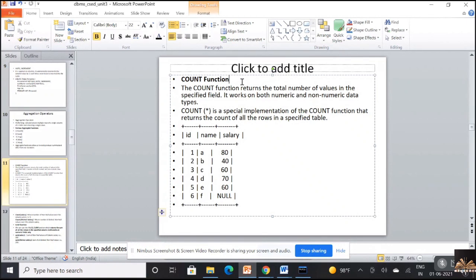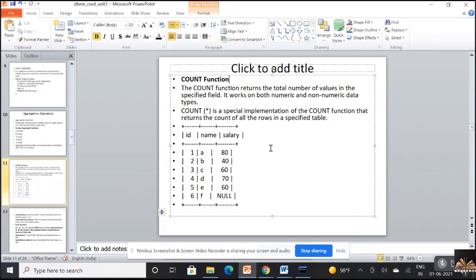So I told you, you can work with single column and multiple columns. Here, count star is a special implementation of the count function that returns the count of all the rows in the specified table. So whenever you are interested in the complete table as a whole, you can use count star. And whenever you are interested in finding only with respect to a specific column, you can use that particular column.